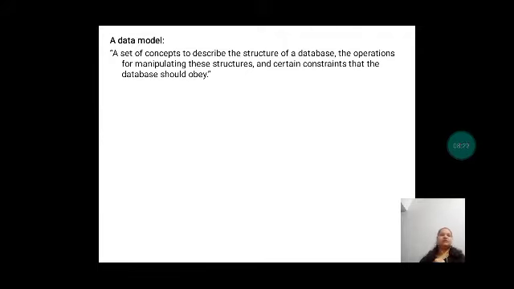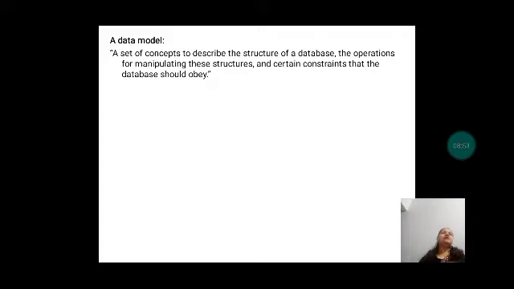What are the different concepts that we come across in the database, and it describes even the structure of the database, meaning how the database should be stored, what should be the structure of our database, and then operations for manipulating these structures. Once we have created a database with some structure, and later if we want to change the structure of the database, that can be done, that is called manipulating.